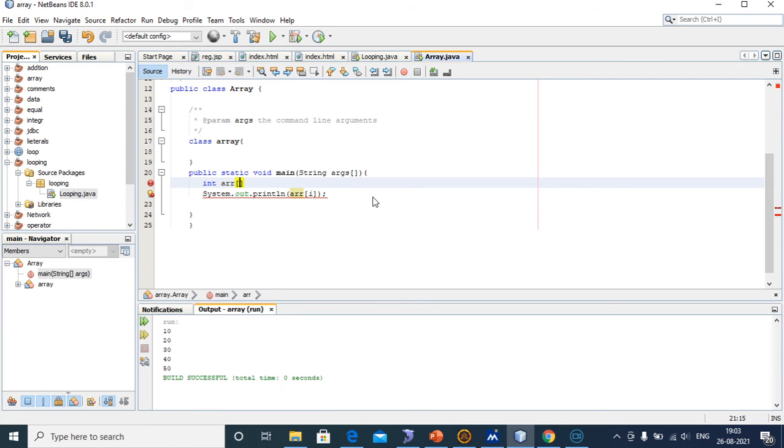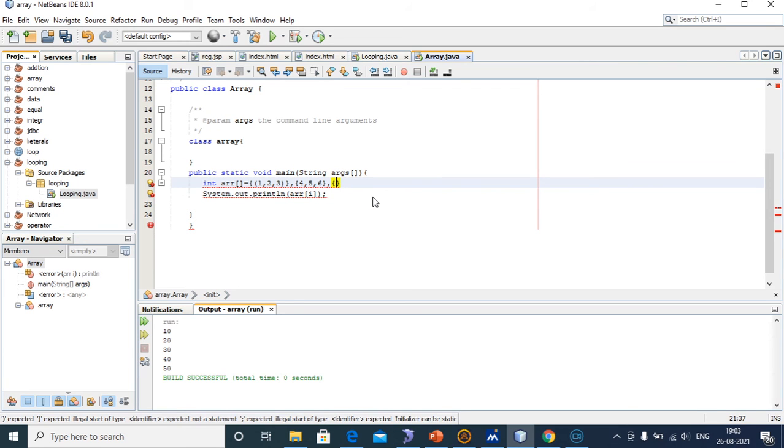Int array equal to {1, 2, 3}, {4, 5, 6}, {7, 8, 9}.